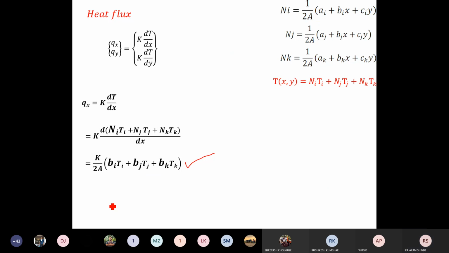Next one. Now after doing this, we have already calculated these values. K is given in the problem. What is K? K is I think 0.5, no? What is K? It is given in the problem.